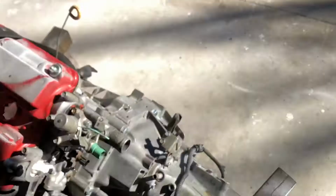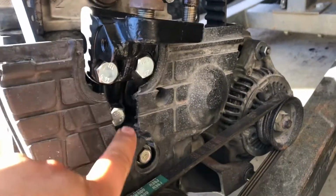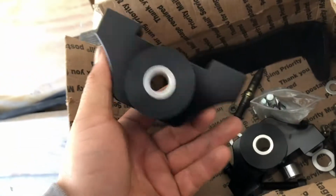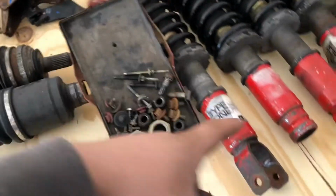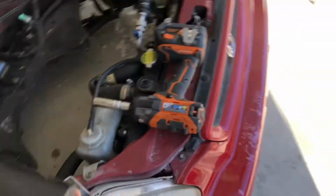I also had to buy bolts for the post mount, because when I bought the engine it didn't have a post mount, so I bought those 3. And I'll probably put these in last 2. They're for the front torque mounts, so I'll wait on that for now. I'm just gonna get all the main engine mounts for now, and then axles and all that will go in when I do the coilovers, and then the clutch pedal and all that later, once I get my master and my slave. They should be coming, but